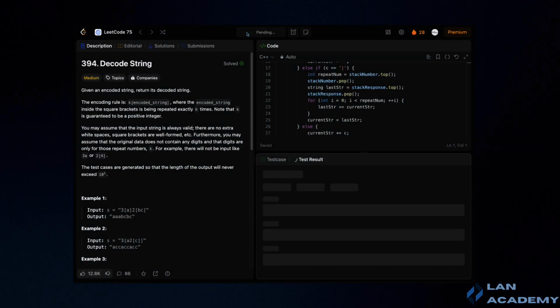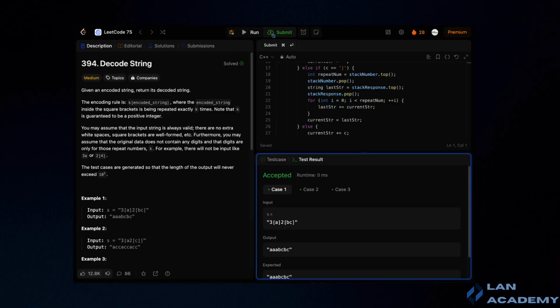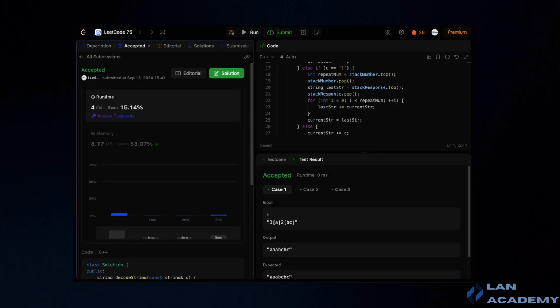Now, let's test the code to make sure it handles various cases correctly, especially those involving complex nested structures. Testing is essential to confirm that the implementation works as intended across different scenarios. Additionally, exploring alternative approaches and optimizations may lead to more efficient solutions, enhancing both your problem-solving skills and your understanding of the algorithm.